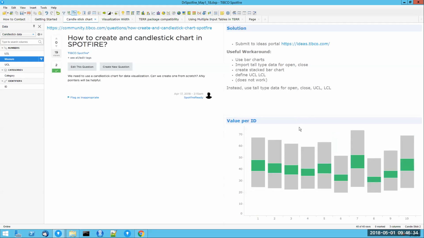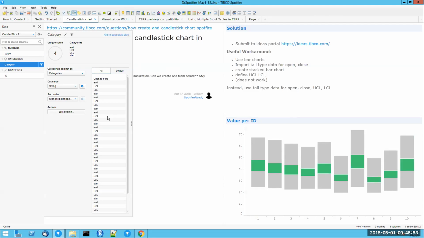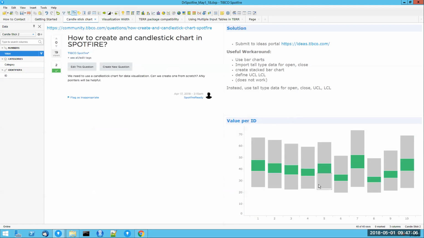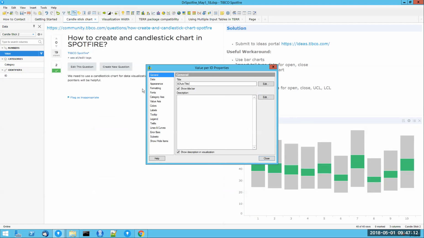to be successful. The other thing that I have done is I've basically taken the same visualization, the same data that I started with, but instead of pivoting the two columns, that is, instead of pivoting the start and end, I pivoted all four values. So you can see that now I have the category as all four values, and I have the value as the measures of all four of them. And then even though this does not look exactly like a candlestick chart, but it fulfills the same function pretty